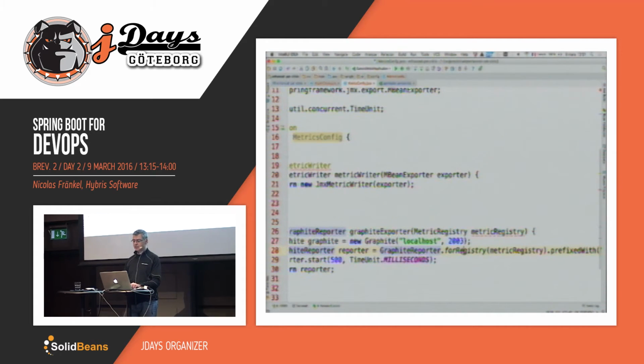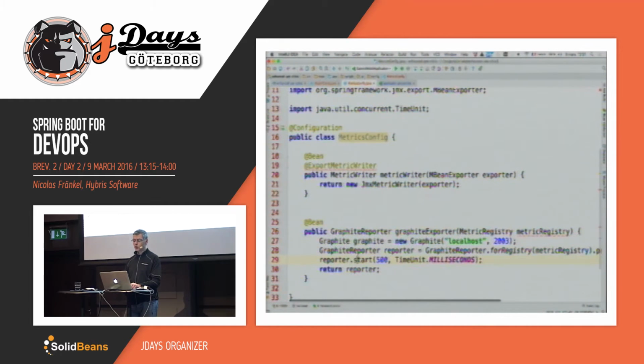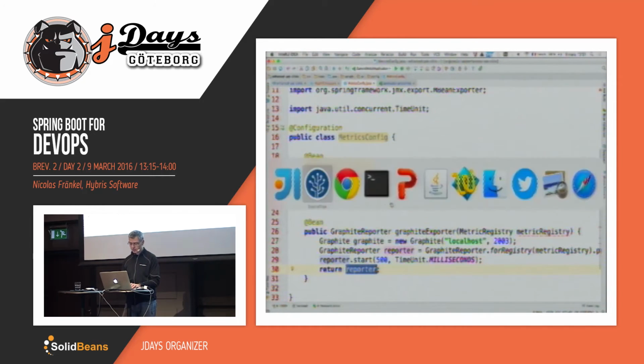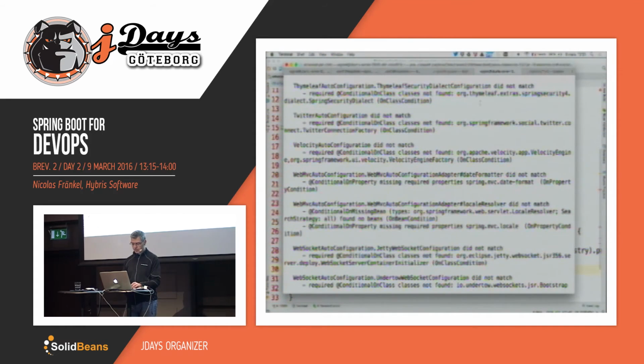You will tell it to use a registry. You don't forget to have some prefix. You build it, and more importantly, you start it. If you forget to do that, you would get nothing. Very easy to forget. And yeah, that's the format, so you return it, but in this case, you don't do anything with it. Now, if I restart my Spring Boot application,